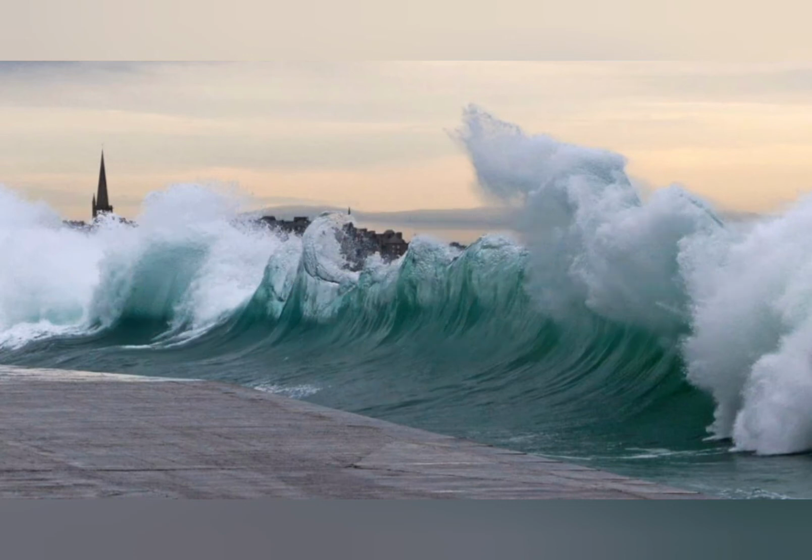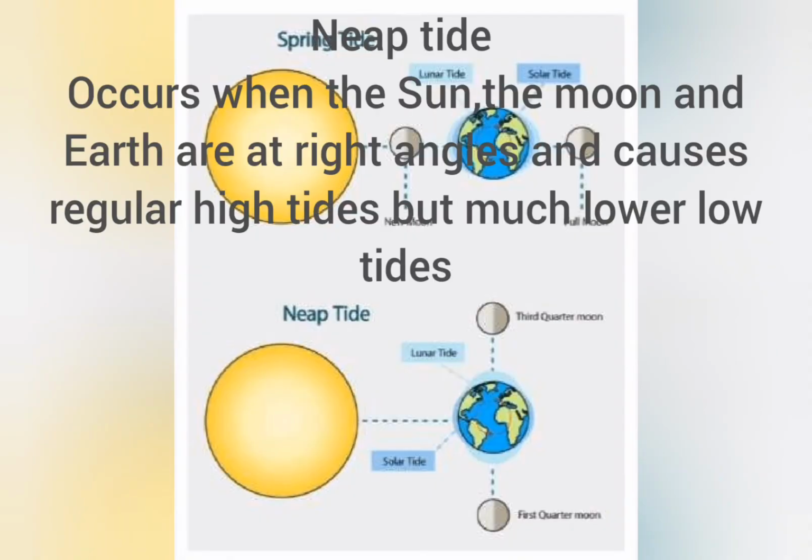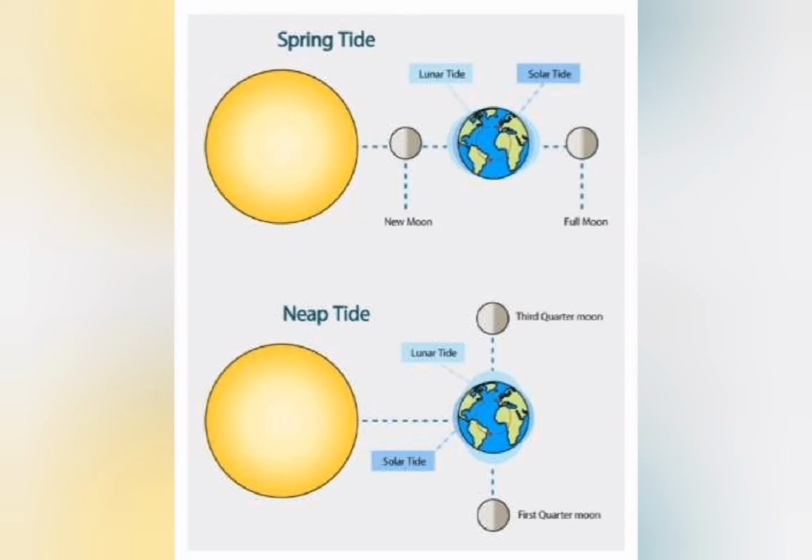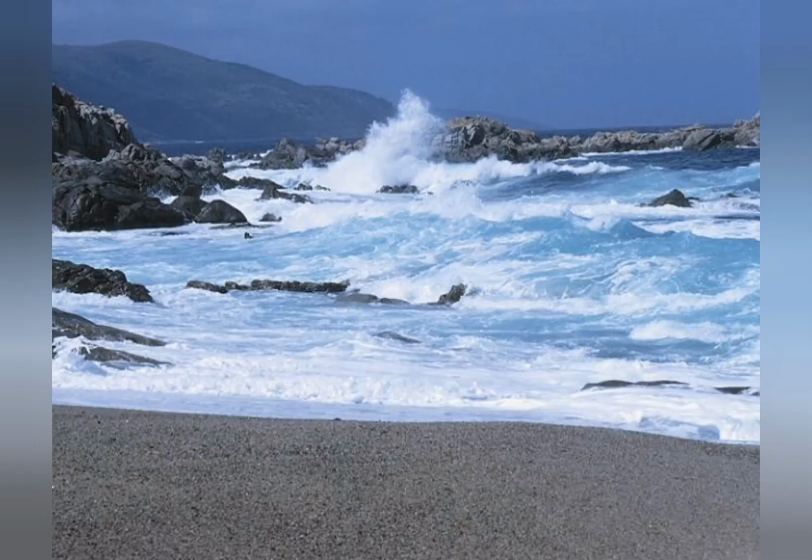Now, the spring tides occur twice each lunar month all year long, regardless of the season. The third type of tides are the neap tides, which occur when the sun, the moon and the earth are at right angles. Now, they form regular high tides, but the lower tides become much lower than usual. The neap tides occur twice a month, 7 days after a spring tide, and it refers to a